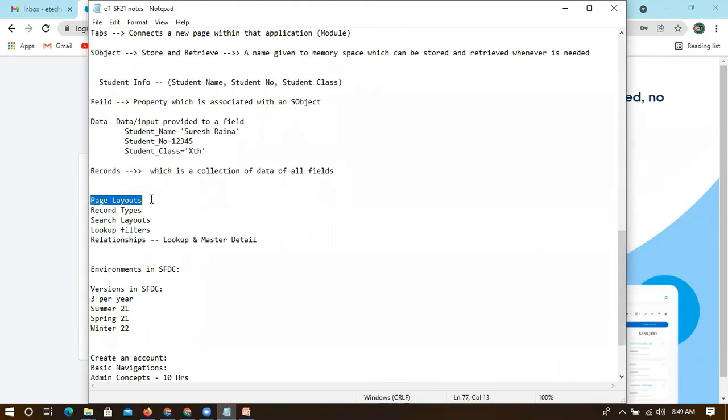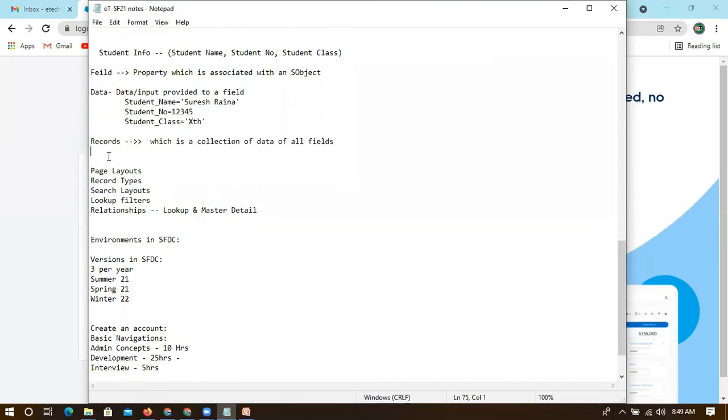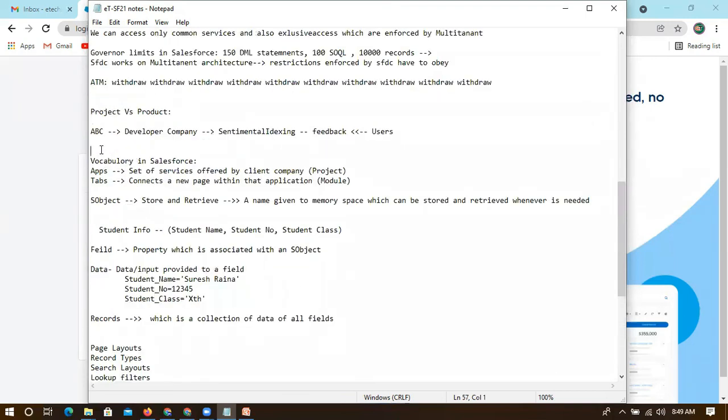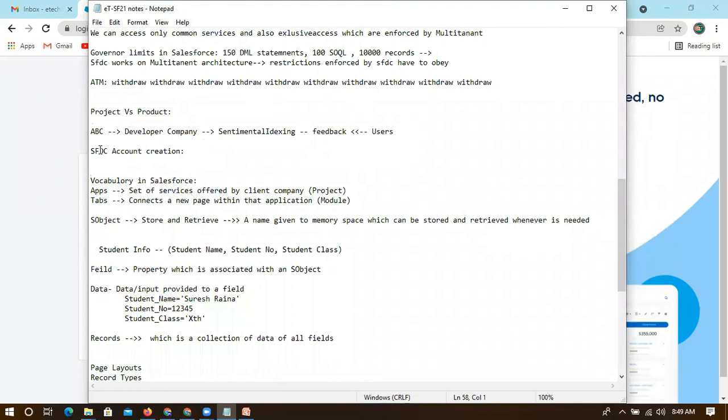In tomorrow's session, we will see page layouts, report tabs, search layouts, lookup filters and all of this. We will also go through navigation, and we have also already created one account, right? Account creation: how we created the developer Salesforce account.